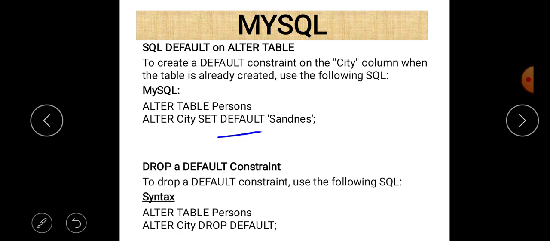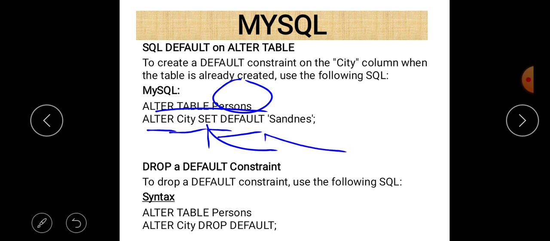First of all, ALTER TABLE person, we write ALTER TABLE, name of the table, that is person in this case, and then ALTER city, and we write the SET keyword, and after that DEFAULT, and give the default value, and since it is a string, we write it in single quotation marks.